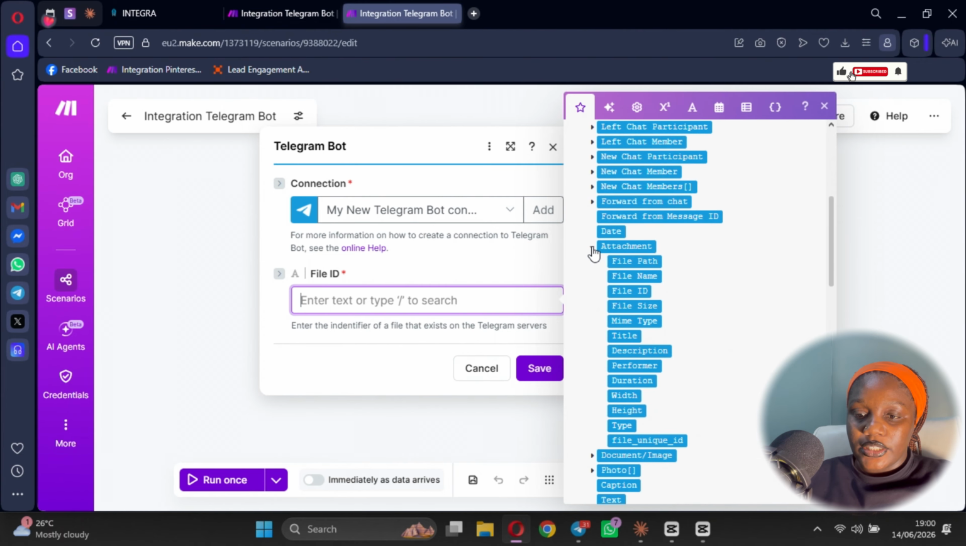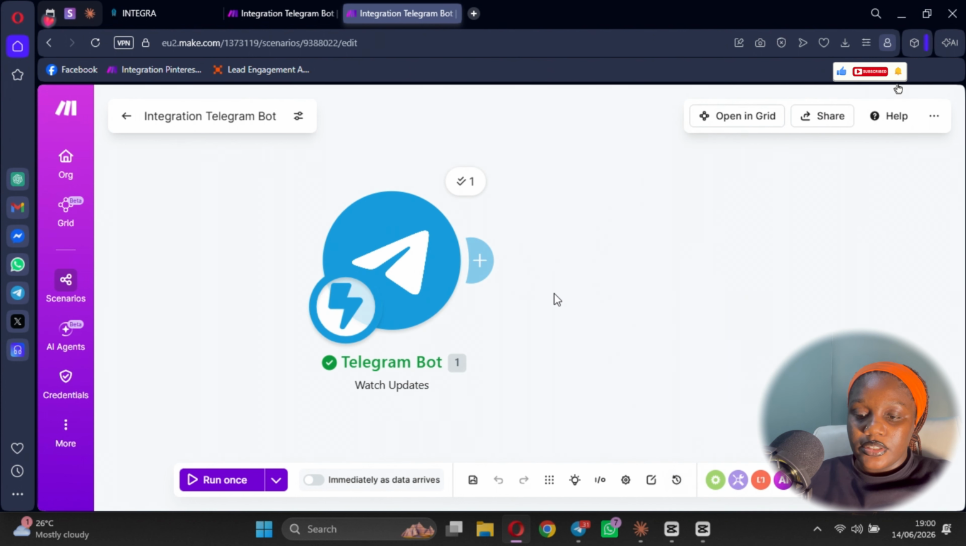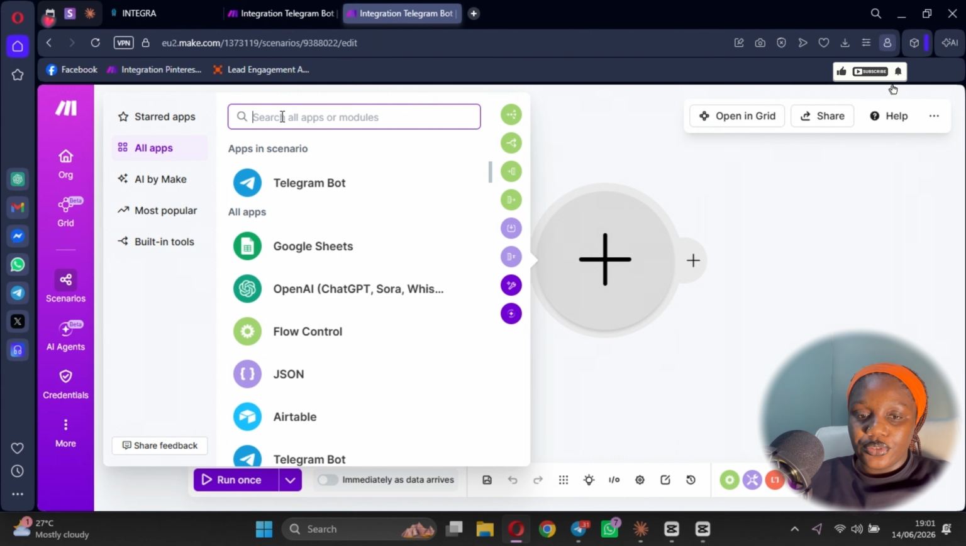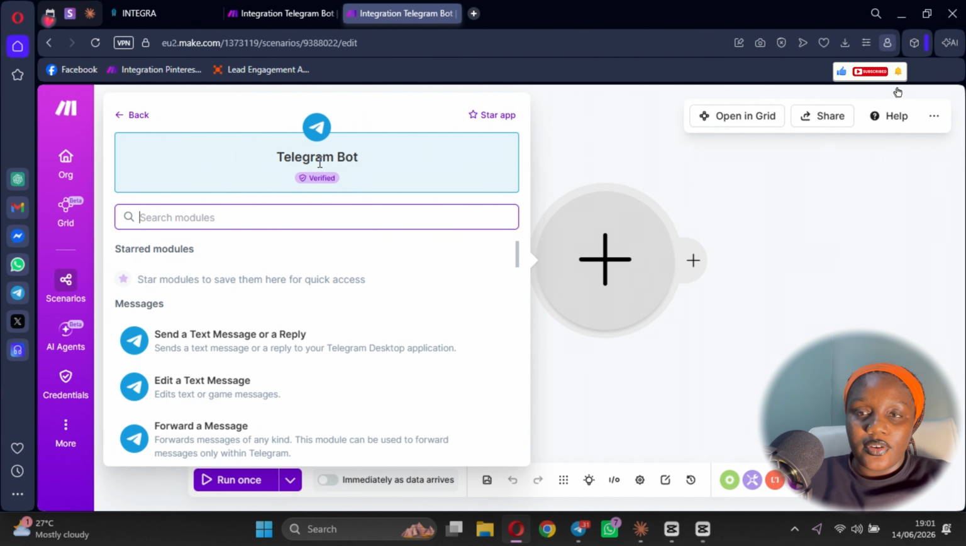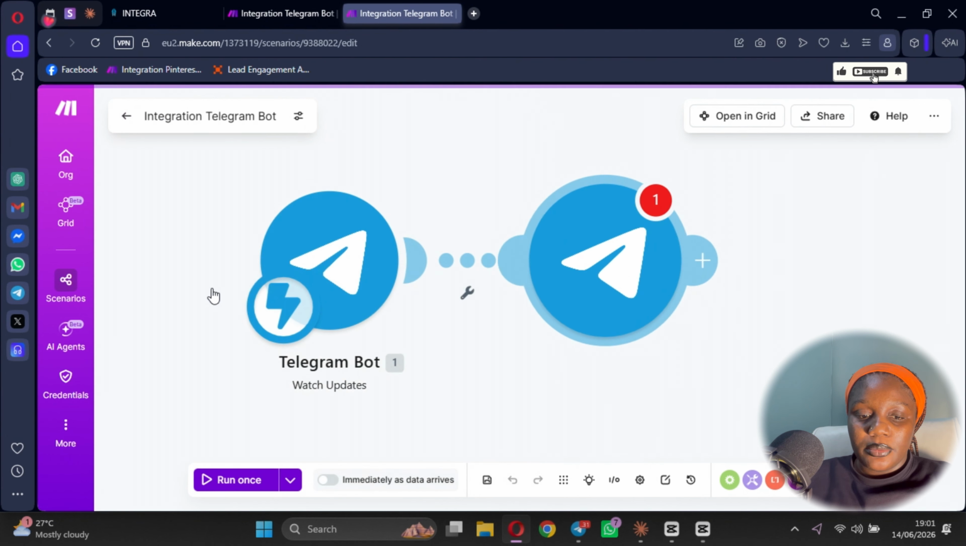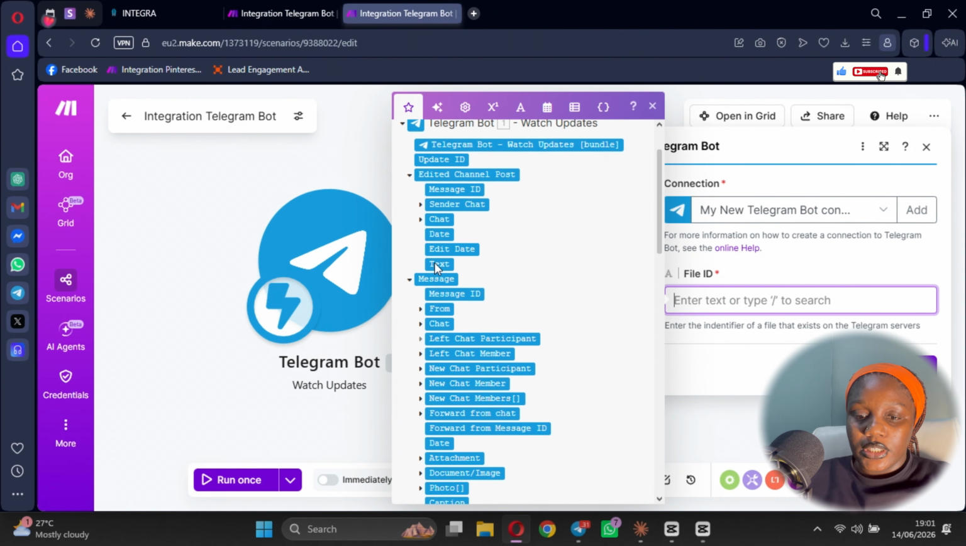Let's look for attachments. Let me delete this and load this back up because I feel like it's not saying that. We're going to add the next module again, which is the Telegram bot module that will download the file for us. So we're going to come down here to download the file, and then our ID is going to come from,